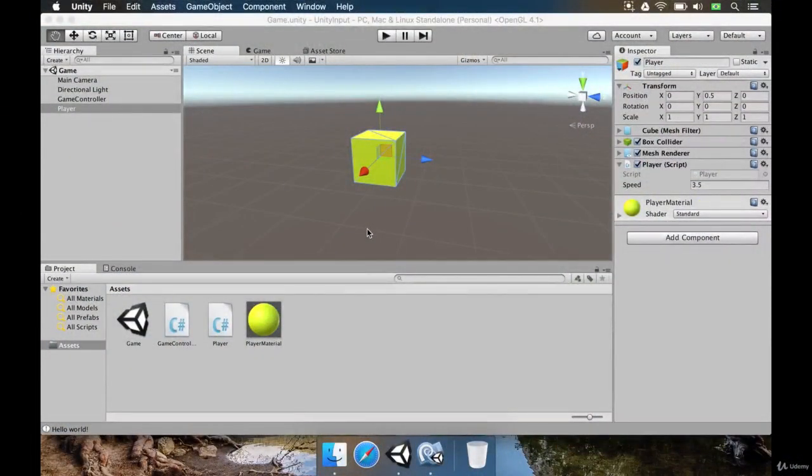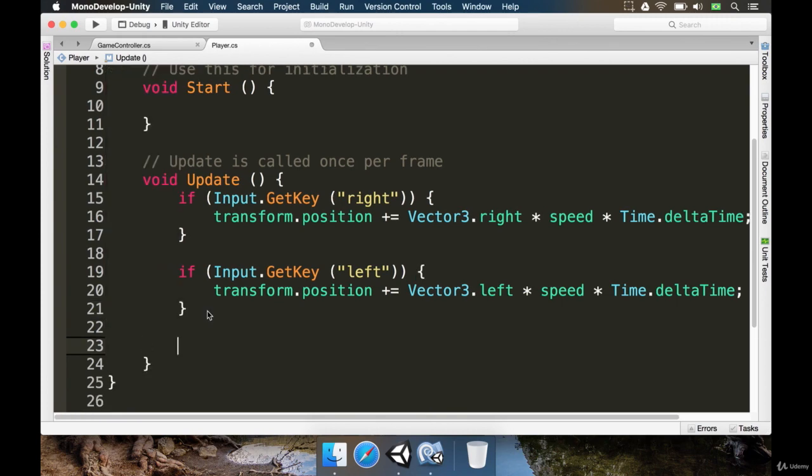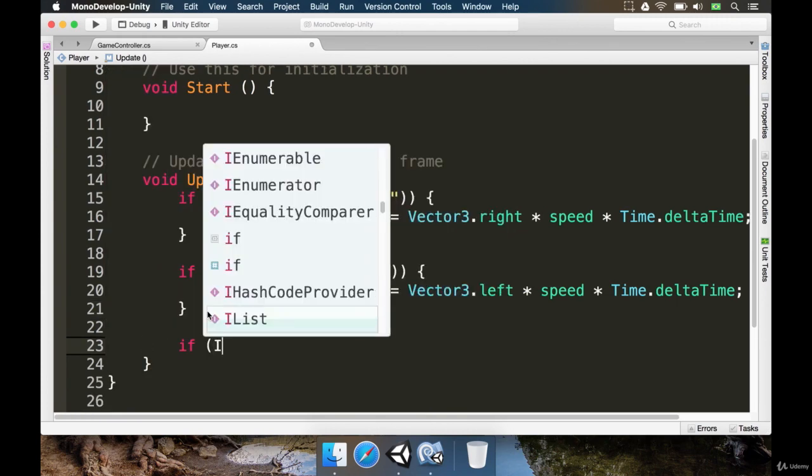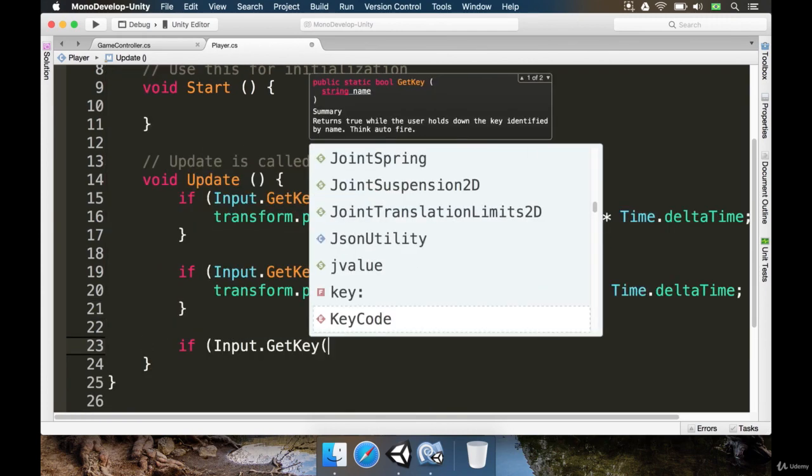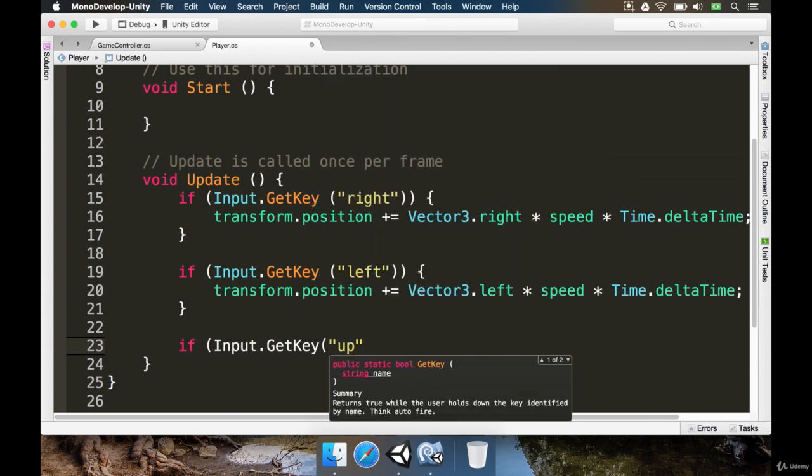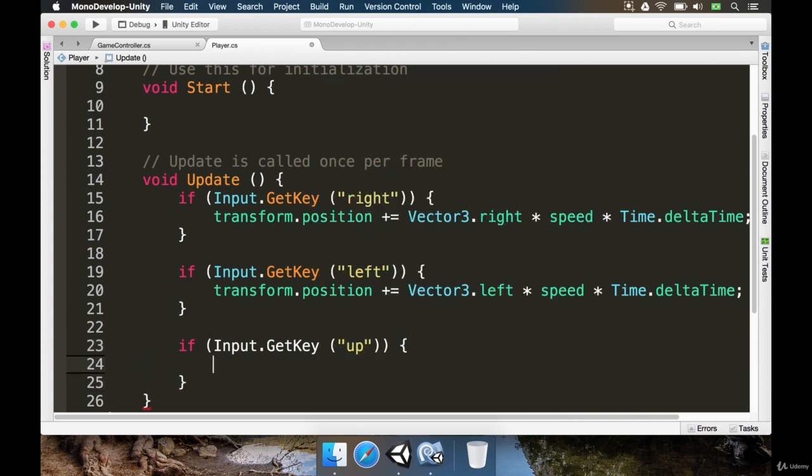Two ways to make the logic for the player to jump. One of these ways is to use more or less what we've learned right now. Okay, we could do something like if Input.GetKey, and then we type "up" as a string. We can just type